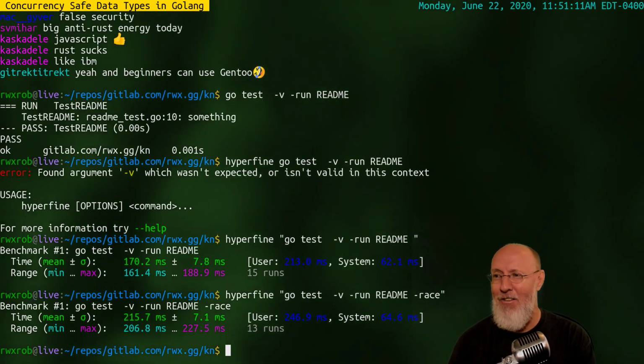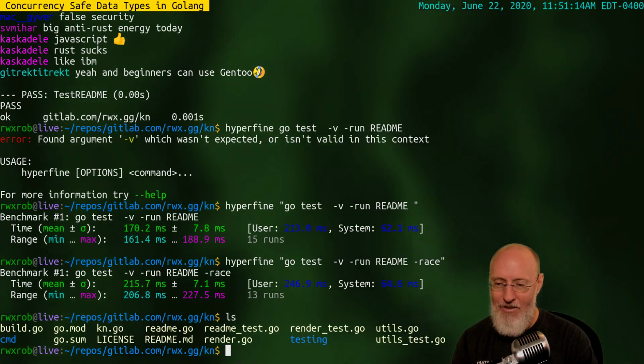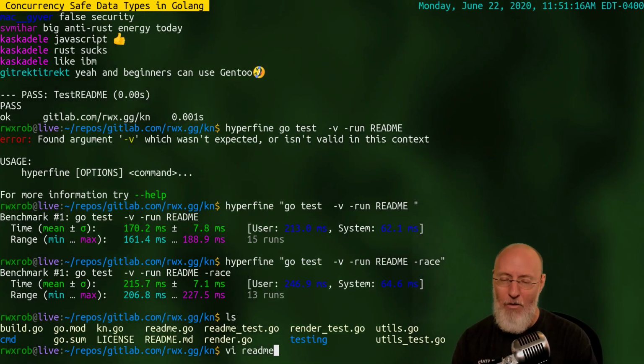Yeah, beginners can use Gentoo, right? But my point is that it's easy to overcomplicate things, which I also